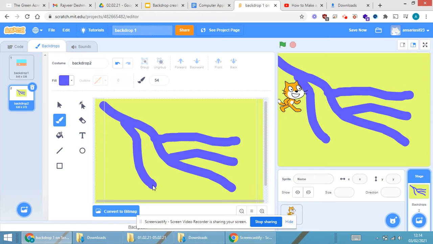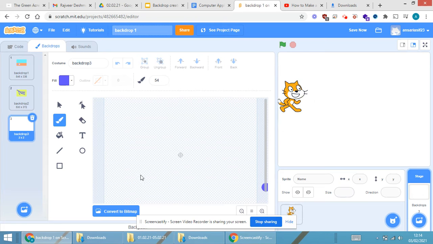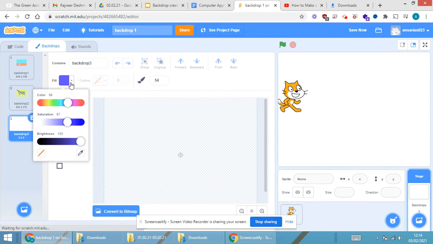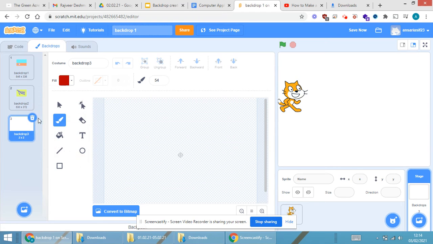Now if you want another background, you can just select any one of the backgrounds over here, paintbrush. Now in order to select that particular background, first I'm selecting the color. This time I will be going for some dark shades. I'm selecting the brown color. Yes, this is appropriate. I'm selecting a very dark background color.